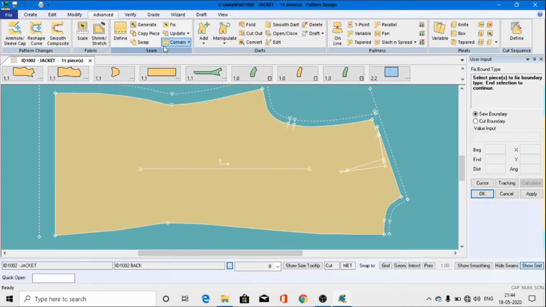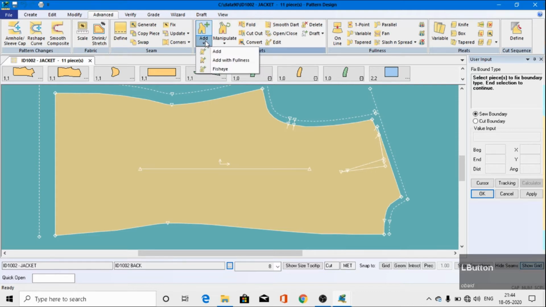Similarly, the next very important tool is called the dot. Now you come to the dots option. Dot application and its manipulation is a very important factor in garment design. If you are applying proper dots, then you can provide the proper shape to your garments.